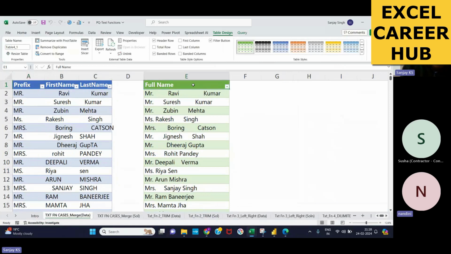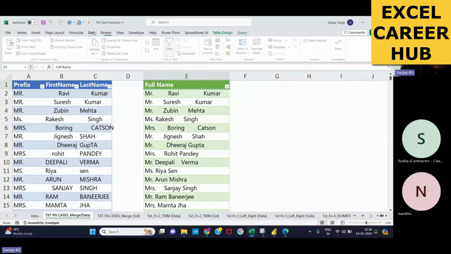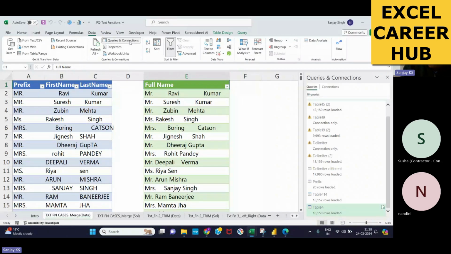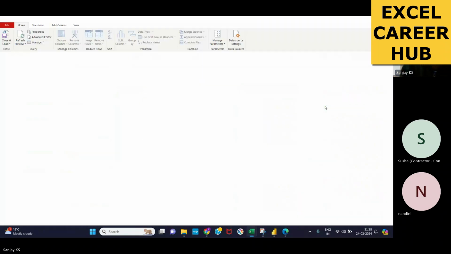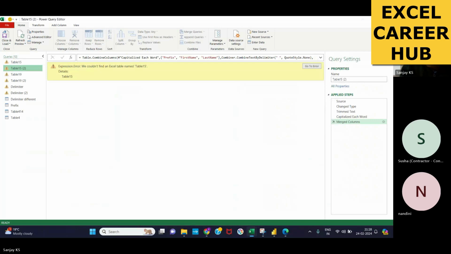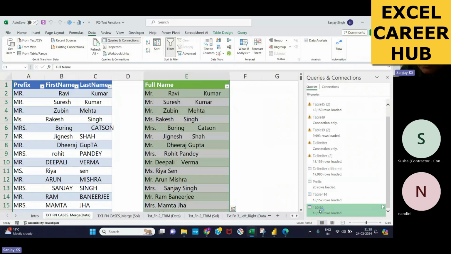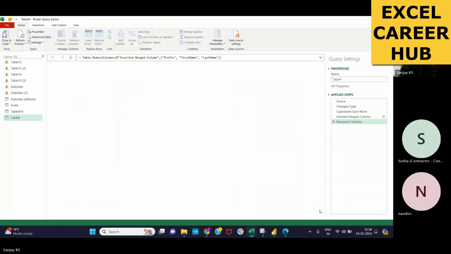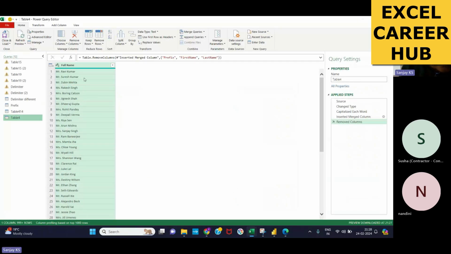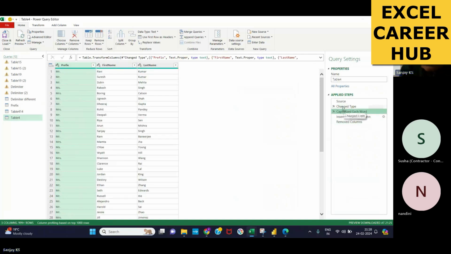मिस्टर रवि कुमार, आई बिलीव मैं ट्रिम मिस किया। कोई बात नहीं, मैं फिर से जाऊंगा। What I will do is I will go to the Data tab, I will go to Queries and Connections, फिर से ओपन कर लूंगा उसको। अच्छा, इसमें मेरे में actually it has done the same thing various times, इसलिए थोड़ा कंफ्यूज हो रहा है। And here it looks pretty fine. मैं अगर पीछे के स्टेप्स देखूं, Capitalize Each Word, उसके पहले Change Type,